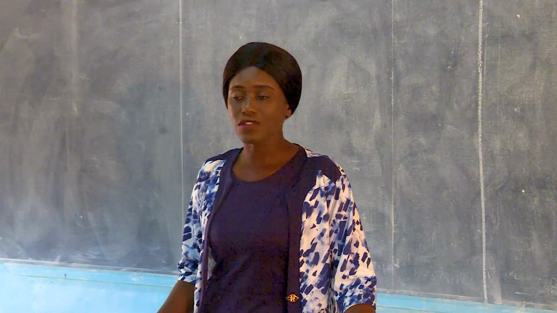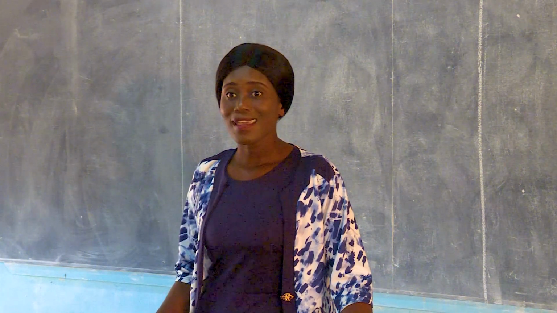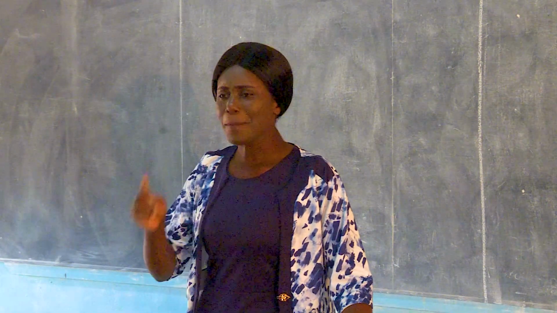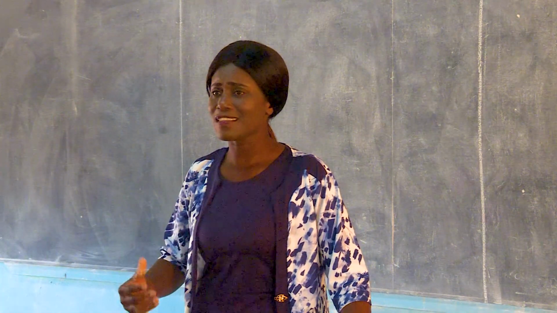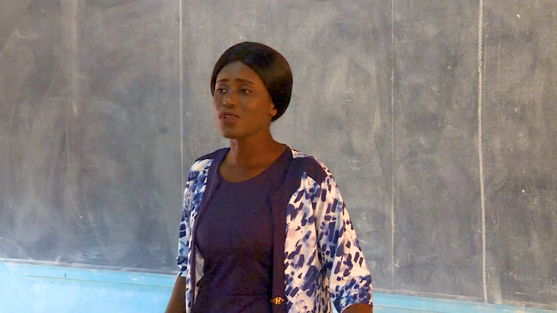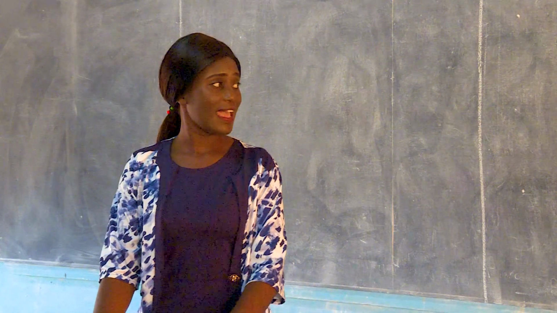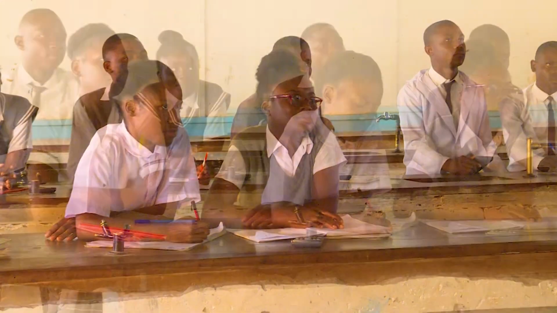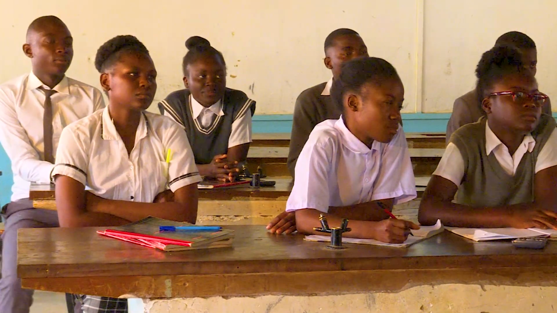The other day I told you that the nervous system responds to stimuli by use of electrical impulses. But today I'm going to tell you that apart from the nervous system, the other system in our bodies that helps us to respond to stimuli is the endocrine system, and it uses hormones. There's a chart right there at the corner. I want everyone to pay attention. Have you seen the chart?